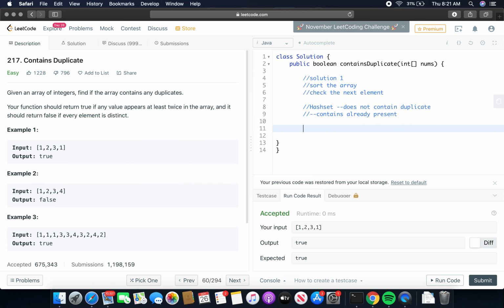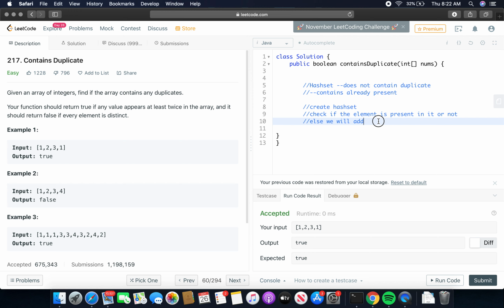So what we will do here is create a HashSet and check if the element is present in it or not. Otherwise we will add it, and the next time we visit that element, it will say the element is already present.